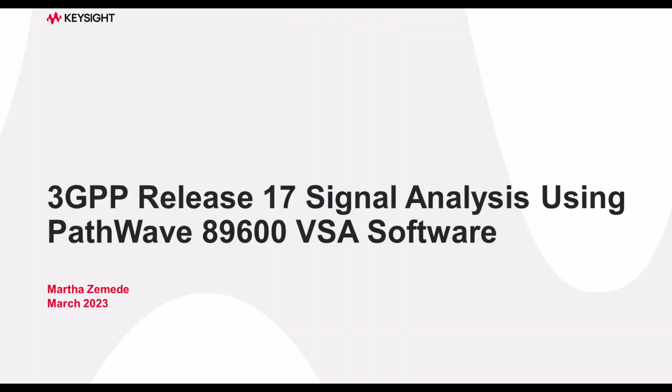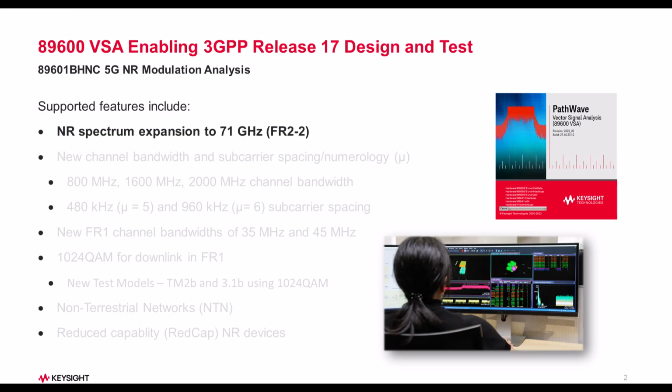Hello and welcome to this video performing 3GPP Release 17 signal analysis with Keysight's PathWave vector signal analysis software, also known as the 89600 VSA. The 89600 VSA software continues to extend the functionality of its 5GNR measurement application with each release of the 3GPP